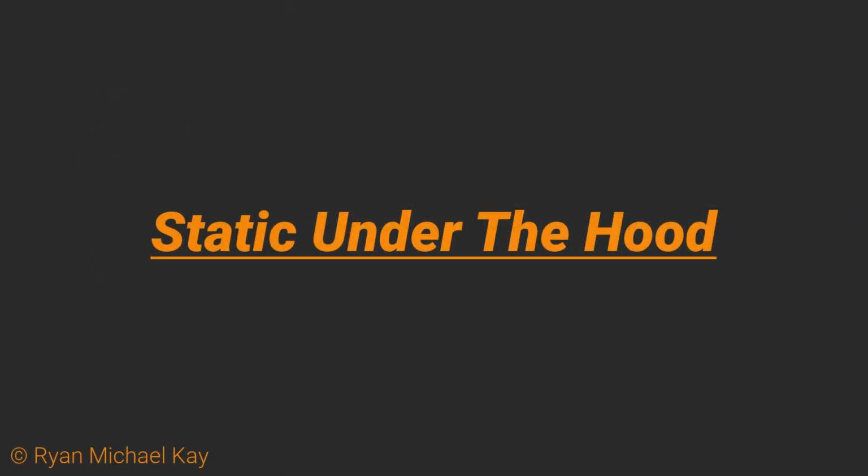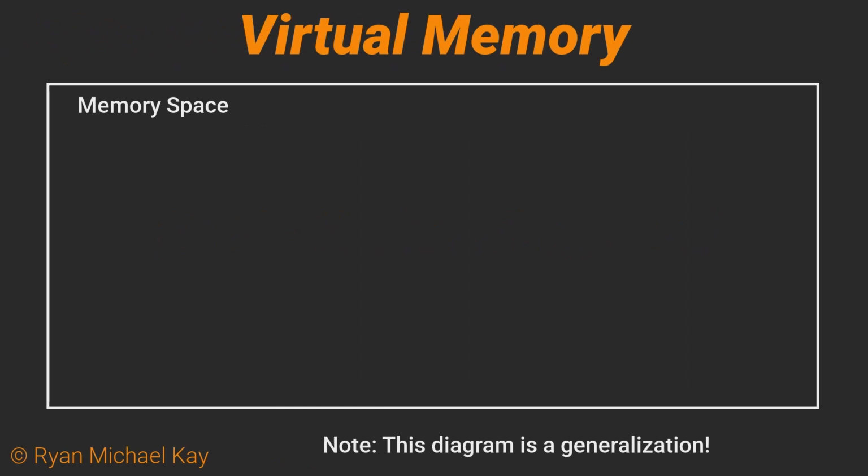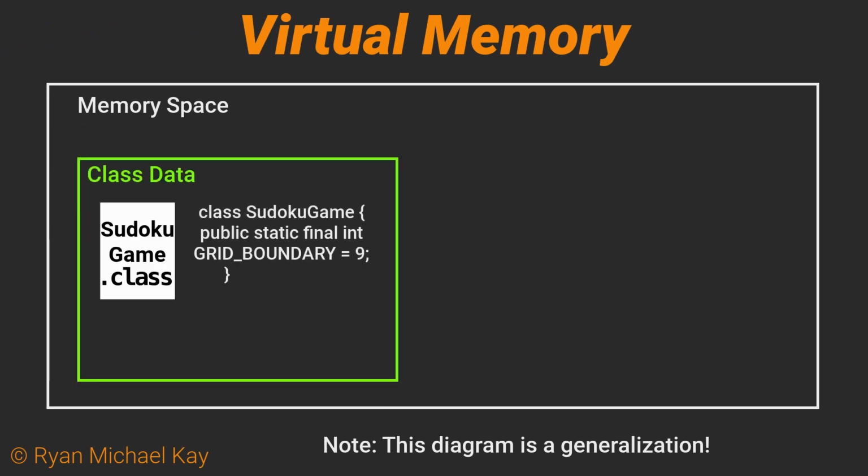If you recall from earlier lessons, we use the new keyword when we want to create a new object from a class in memory space. One thing which took a while for me to really understand is that a class itself is not an object, but rather it is used by the JVM as a set of instructions or blueprints for building an object. After the Java compiler creates a bytecode version of a class, such as Sudoku Game, the JVM places said bytecode class in a distinct location in memory. This area in memory holds what we will call class data.